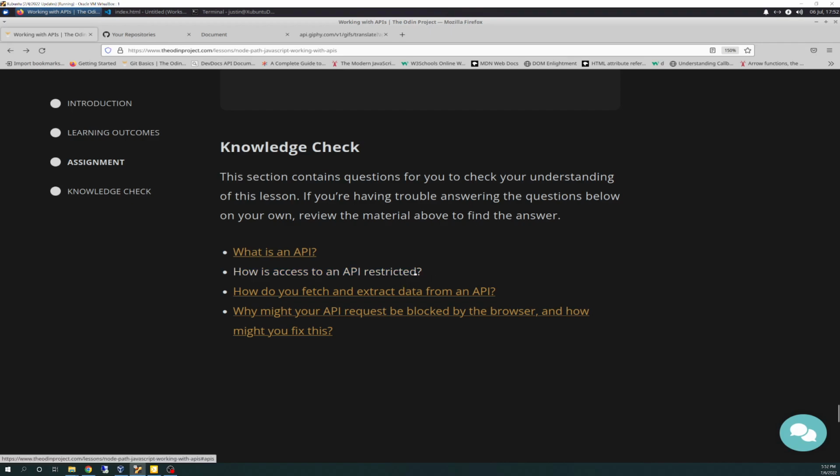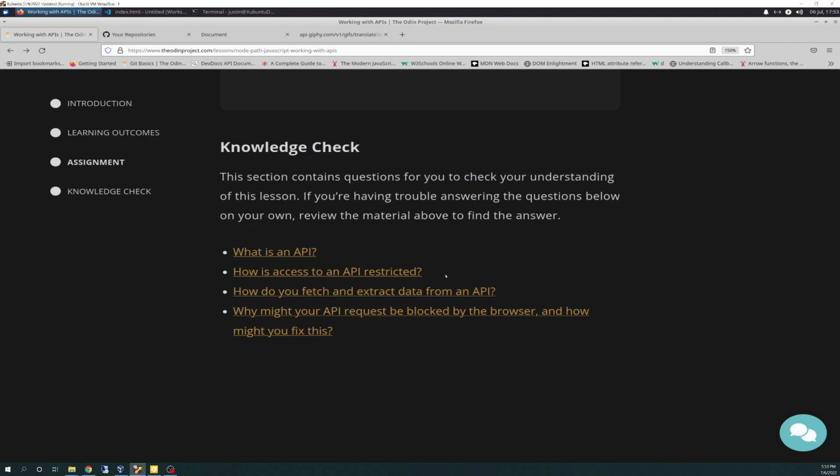And access to the API is restricted by what they call an API key, and there's a lot more detail that can go into that. But for the purposes of this video, I just want to let you know that the API is restricted by a key, and there's paid and there's free open source APIs, and even the open source, from what I've come across in my small amount of research, almost all APIs require you to sign up, even the free ones, to get a free account